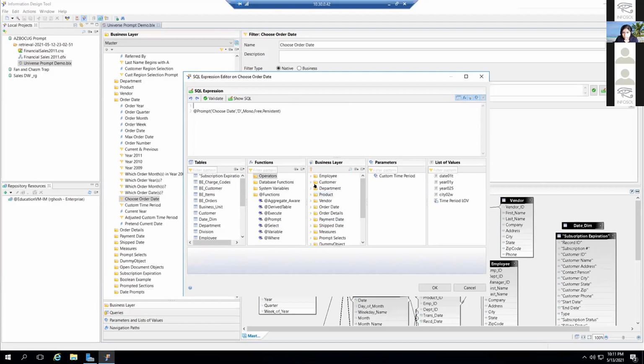I have that object in my order date folder. That lists all the objects in the business layer, right? And as I double click, it pops up that particular object there. Then I go on and write my logic. And then I pick up prompt. So if I just select for now,